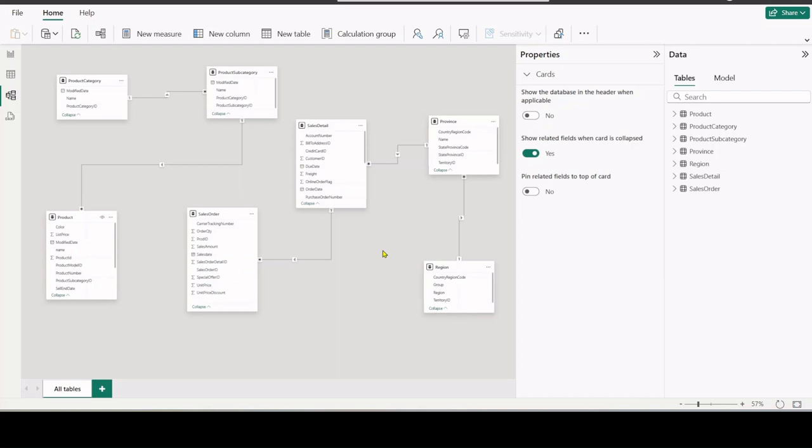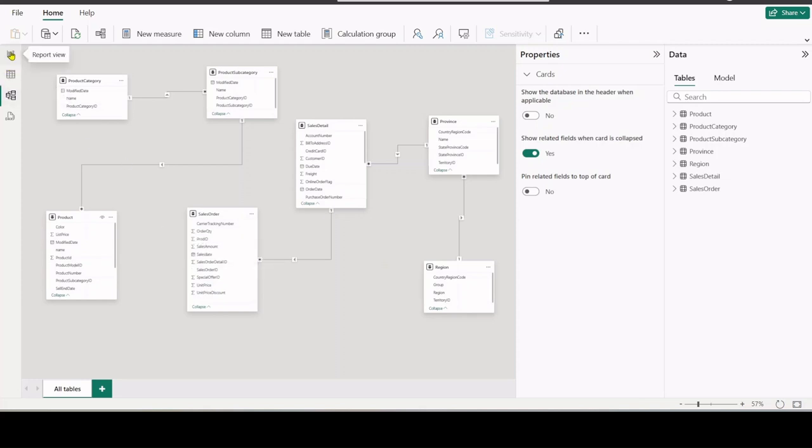In order to get meaningful insights from the different tables, it is very important that the tables are connected to each other on a common column. If the relationship does not exist between two tables, then we won't be able to get accurate data. Let's understand this with an example.